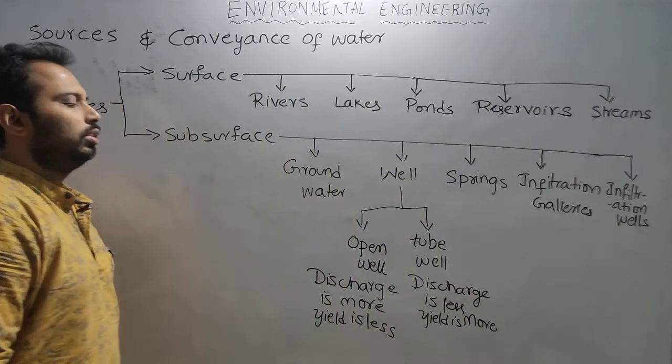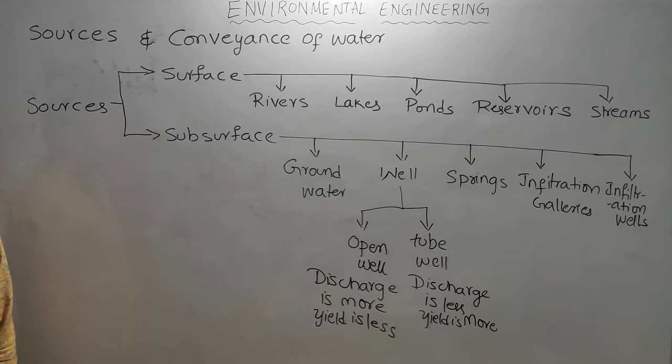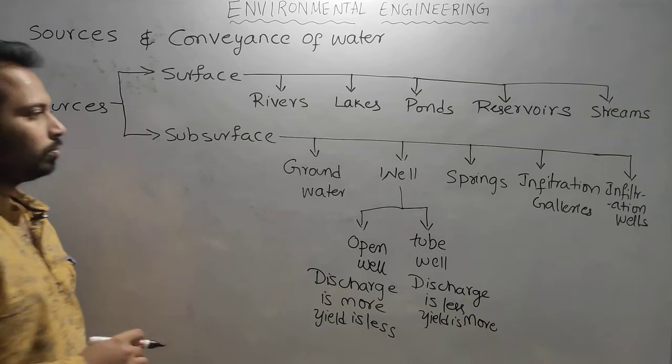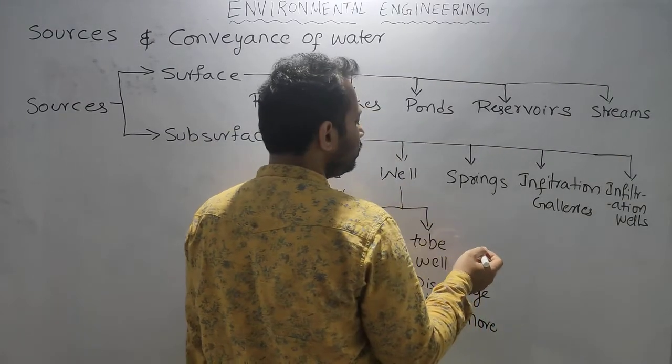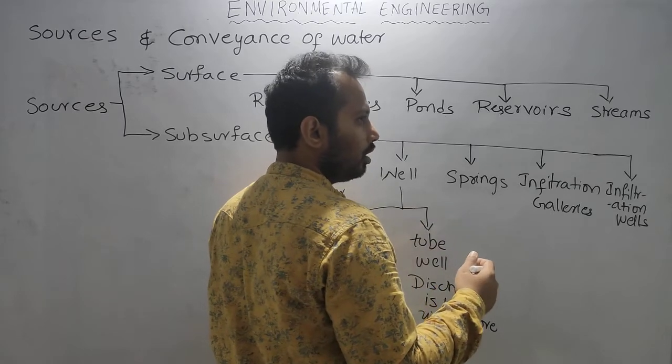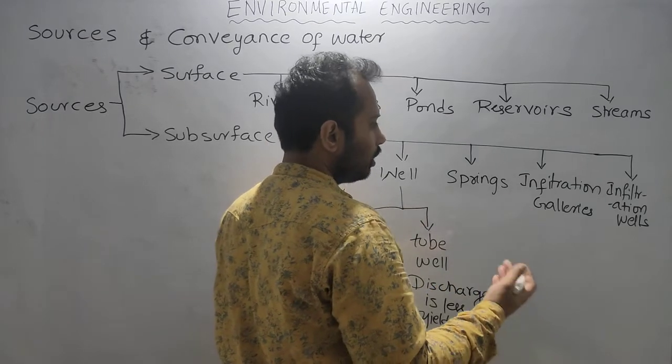Okay, so this is the basic classification of open and tube well. Now in springs, generally there are two types of springs we are having. One is artesian spring. So that means, see, when the spring is feeding water to the ground surface, so that means to a stream,